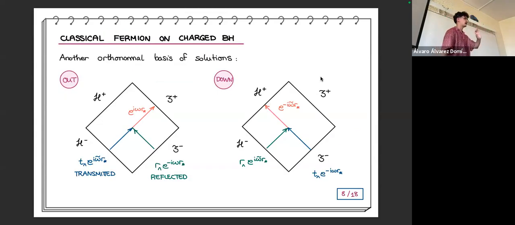And now, I'm going to focus right now on quantum things. But for the classical part, before we go to the quantum aspect, let's analyze another choice of basis. We could have chosen this other basis, not the in-up basis, but the out and down basis. They are just the time reversed of the others, okay? It's just thinking in going backwards, basically.